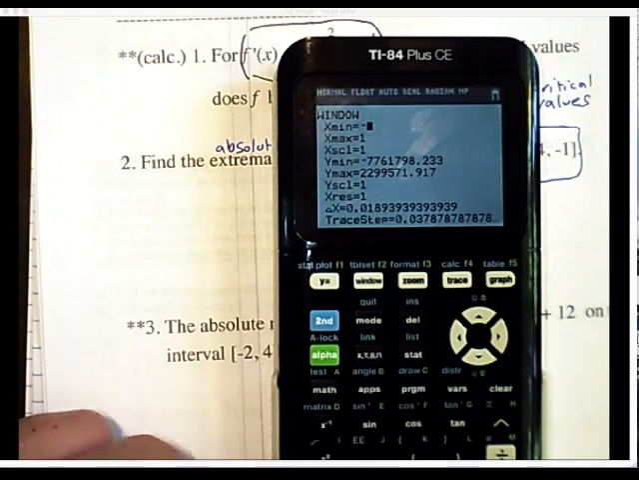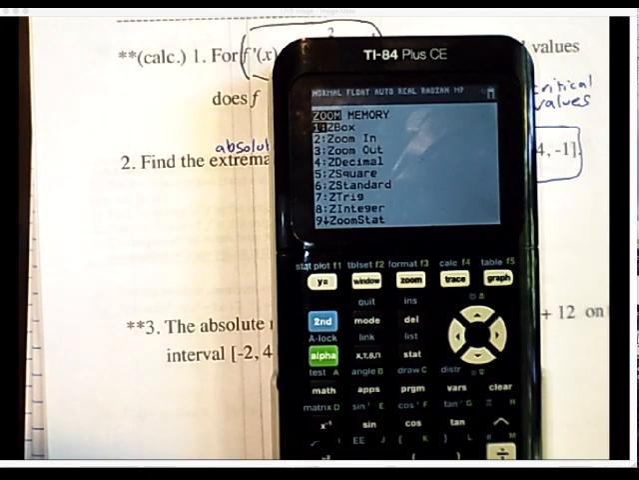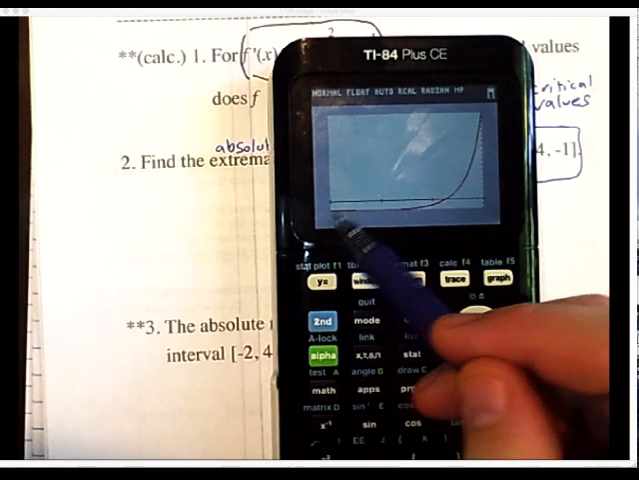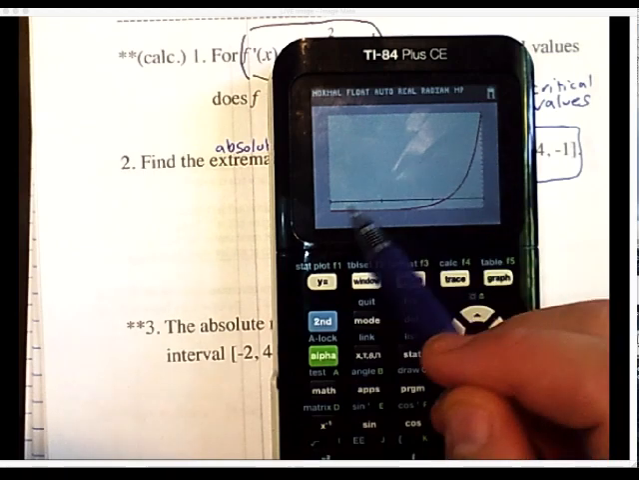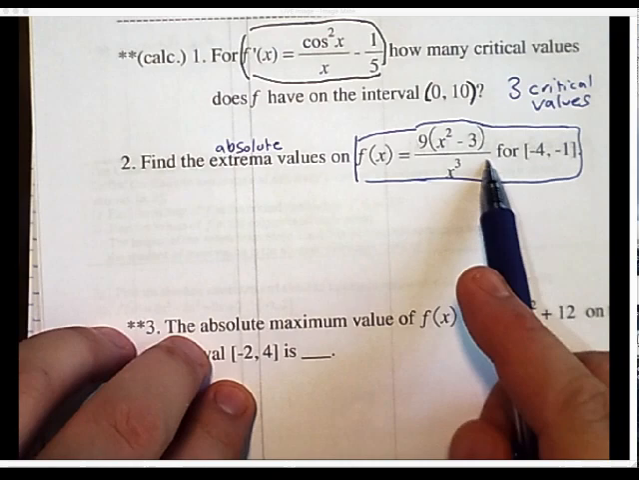Oops, I want -4 to 1. I should have went -4 to -1, and then done a zoom fit. Okay, doesn't look like there's any gaps. All right. So it is continuous. Would it be defined on the endpoints? Yeah, if I plug in a -4 for x and a -1 for x, I'm going to get an answer